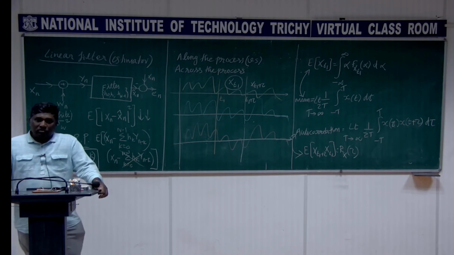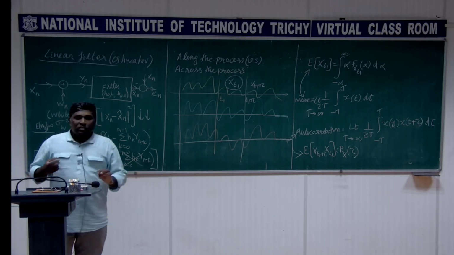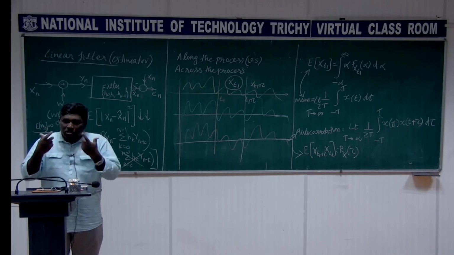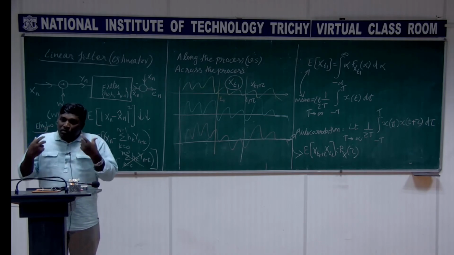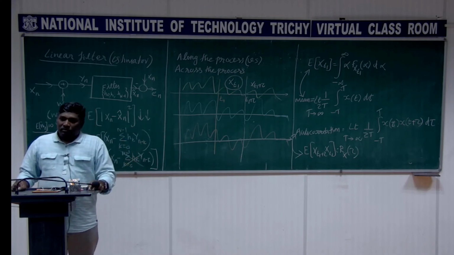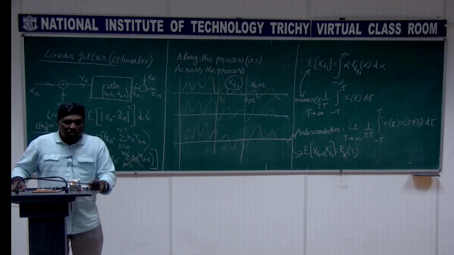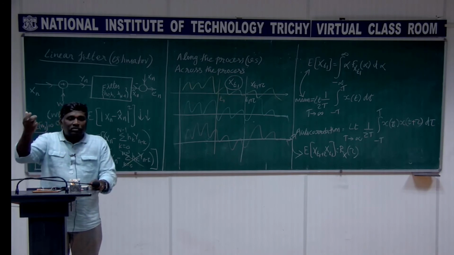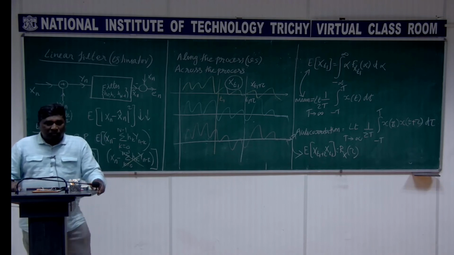Like that, that is the random process. Why am I telling this? Because you are given only one outcome of the speech signal. You record the speech signal, and you can compute the autocorrelation along the process, estimate it, and use that autocorrelation for finding out the coefficients alpha 1, alpha 2 and so on.